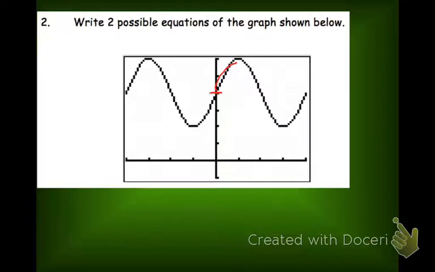And actually I should write y equals sine of something. So from there you need to be able to tell, okay, what's happening to this function? Well, if you're starting in the center here and going up, normally you would only go up 1 unit, but as you can see here, this is actually going up 2 units. So right away I could say, okay, if I'm going up 2 units, and then if you look in the other direction it goes down 2 units, this is going to be 2 sine, and then we need to